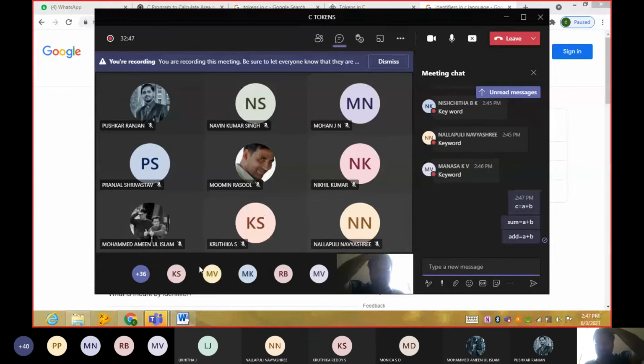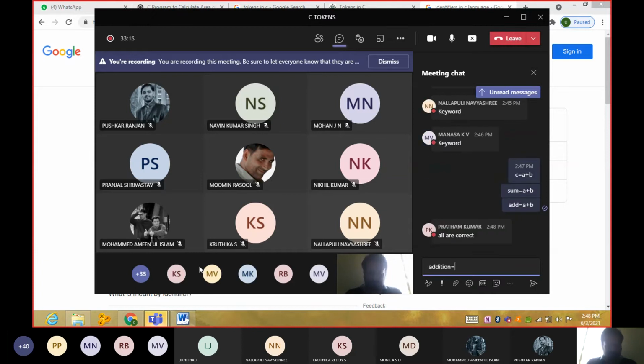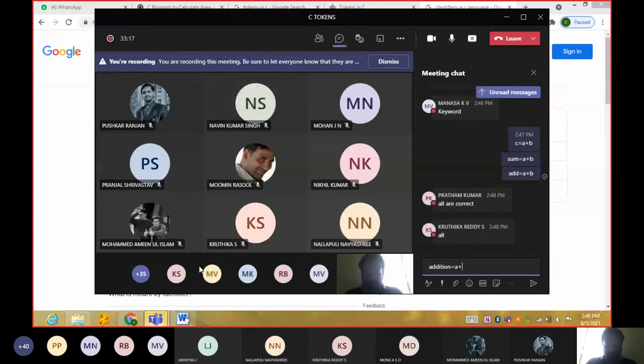Guys, which is correct in these three things? C is equal to A plus B, sum is equal to A plus B, add is equal to A plus B, or even addition is equal to A plus B, to add two numbers. I told you to go through that program, right?